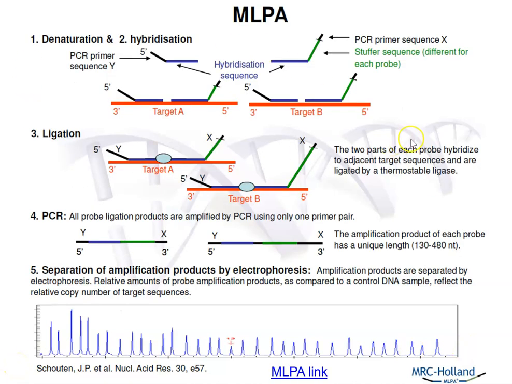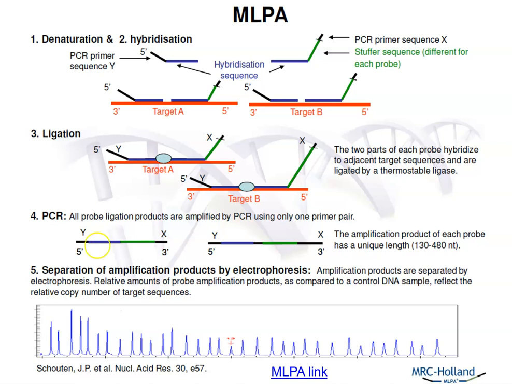So we can see the whole process here again. So target A, target B, the 5' end of the half probe is bound here, the 3' end is bound here. Because they're both bound perfectly to the target, DNA ligase can ligate those together to create a single stranded piece of DNA, and then a reverse primer can start to, in the PCR stage, copy this DNA so it's double stranded,